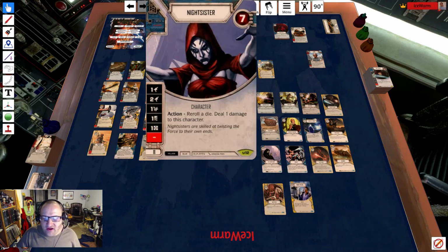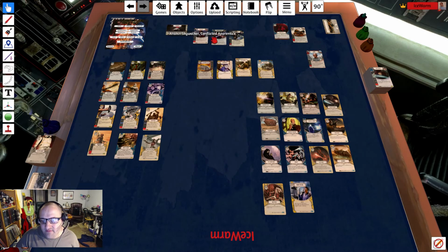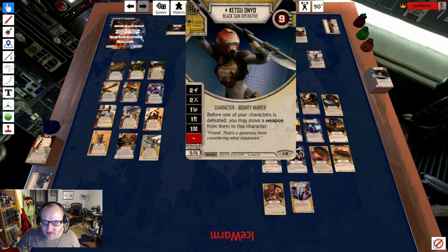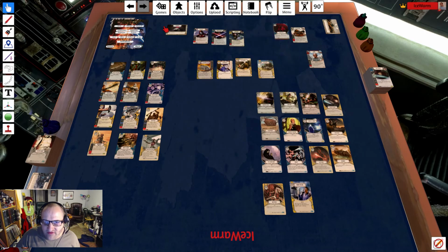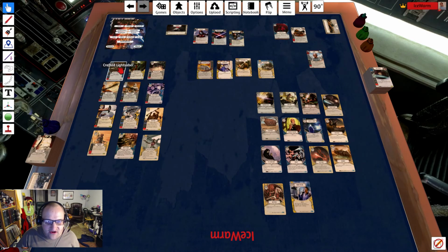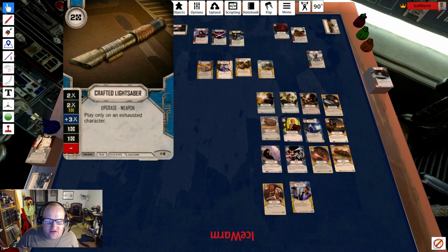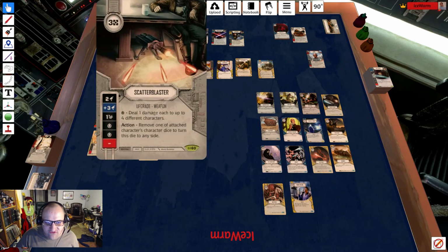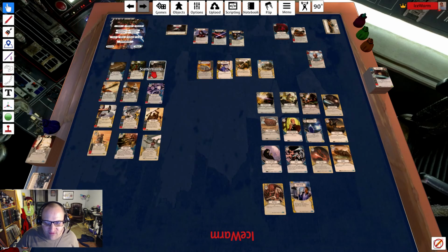So again, we're running Nightsister, Anakin Skywalker, and Ketsu, playing them on the Sith Temple. And quite a few upgrade cards. So we have the Crafted Lightsaber for melee damage. We have the Verpine Rifle for range damage. Scatterblaster for range damage. Also, I'm looking for dice with specials to use with...